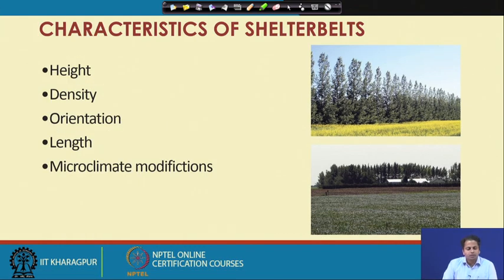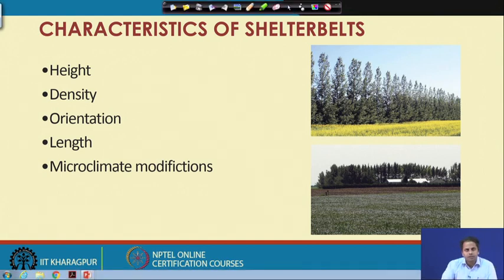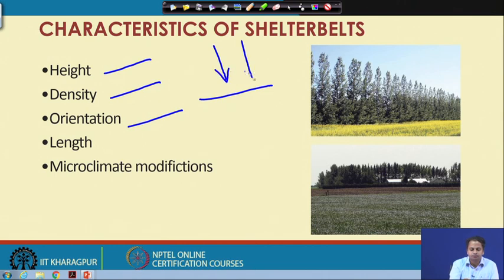Okay. Now, these characteristics of shelter belts depend on various parameters. So, like height of the shelter belt, and the density of the shelter belt. Density is dependent on what kind of tree species you are selecting, whether conifer, deciduous or shrubs or a combination of that. Orientation of the shelter belt in relation to the prevailing wind direction is also an important criterion.